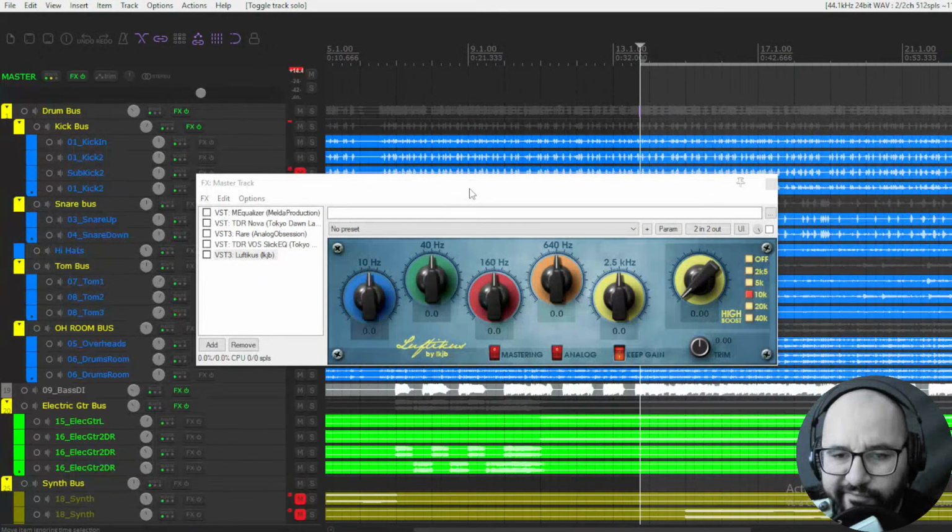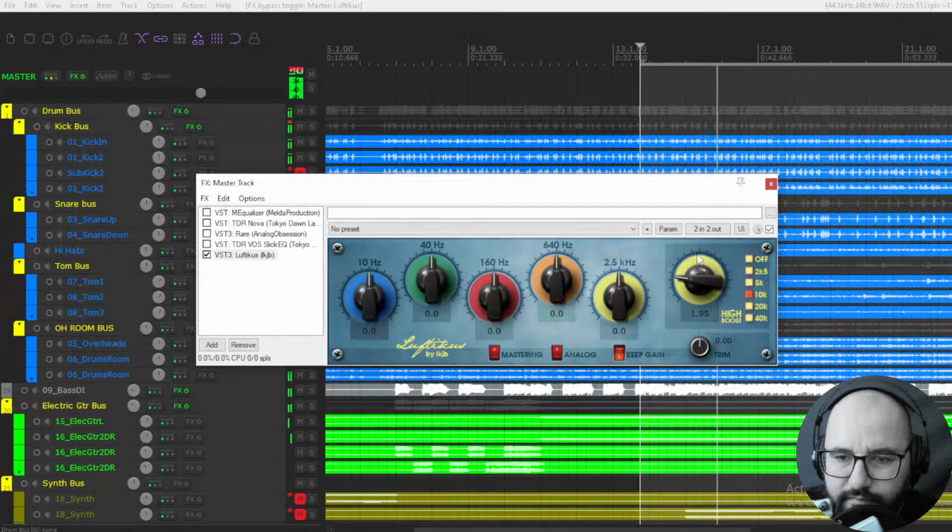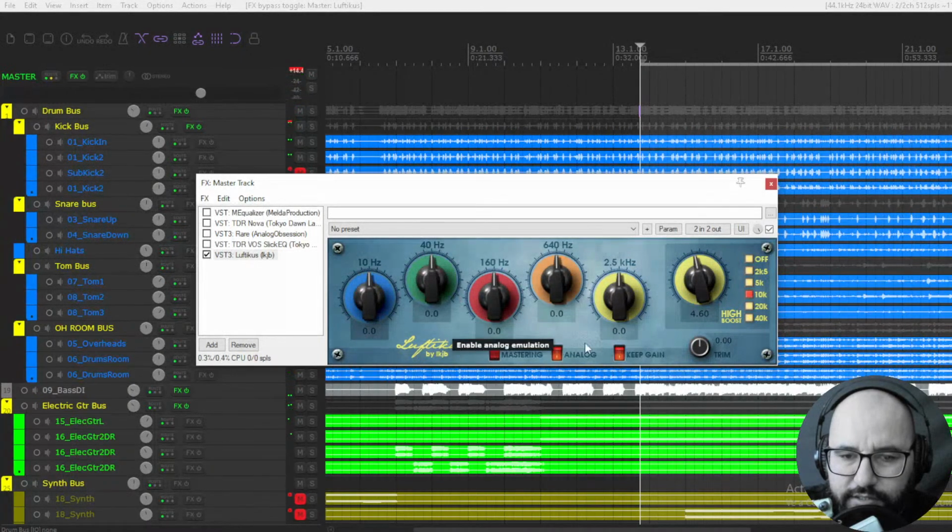I use it as well for very small touches of EQ in mastering with this. Let's add some weight here at 40.